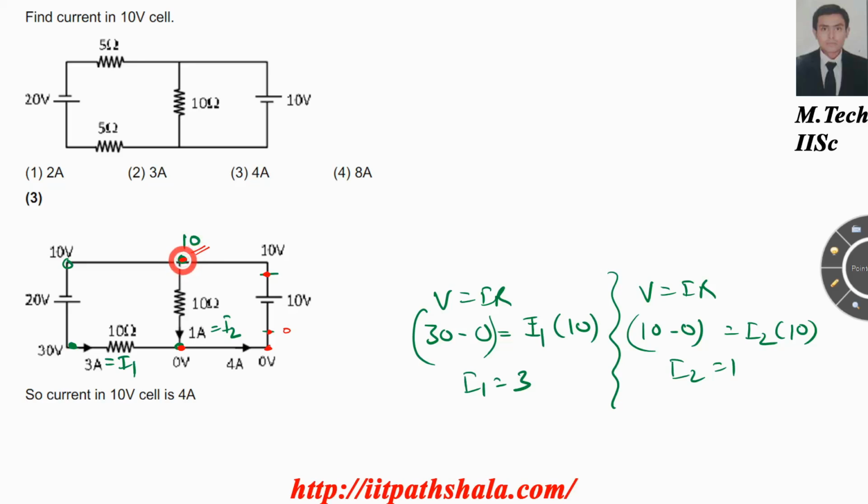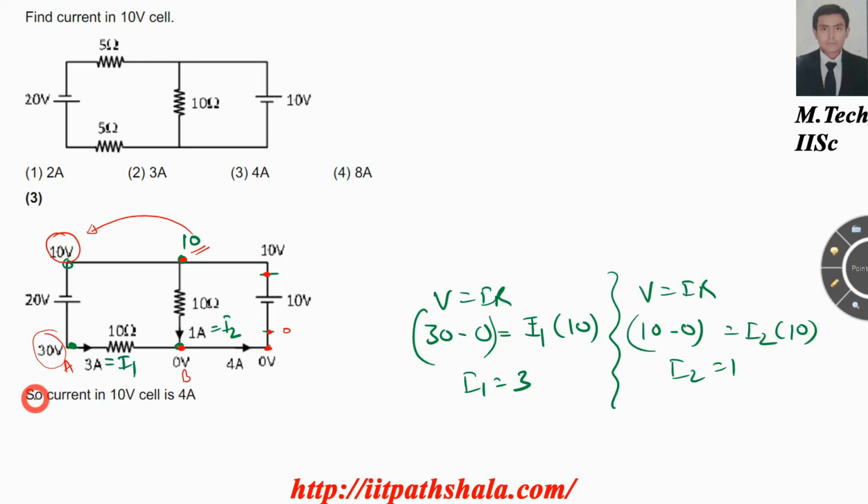And because this point is directly connected to this point over here, this point should also have 10 volt. Okay, so now you'll be asking why we are having 30 volt over here. Because we have 0 volt over here, and according to this logic you should have 0 volt over here, but no, you should remember that there is a 10 ohm resistance in between these 2 points. Let us say this point is B and this point is A. You have a resistance in between both of them. So if you have 10 volt over here, and a 20 volt battery is in between them, then you are left with the potential at A being 30 volt.